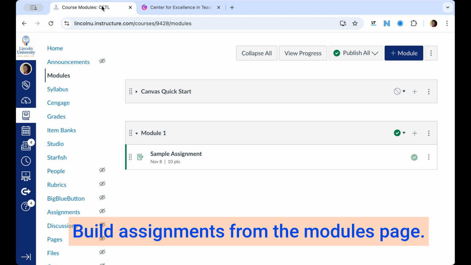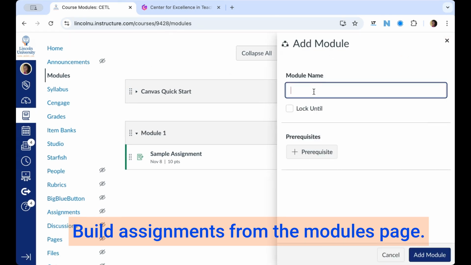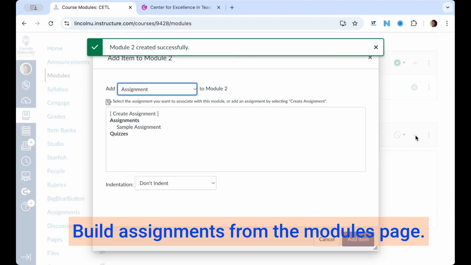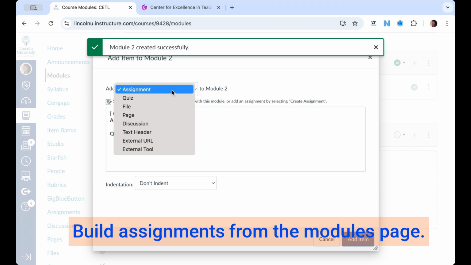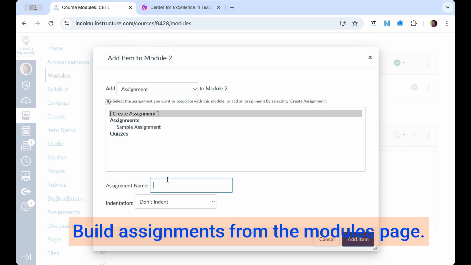Okay, the first thing we're going to do is go to our course. And in the module section, let's build a module for the assignments. I'll call this module 2. Once you've built the module, then you're going to go to the plus sign, add assignment, create assignment, name your assignment, add item,